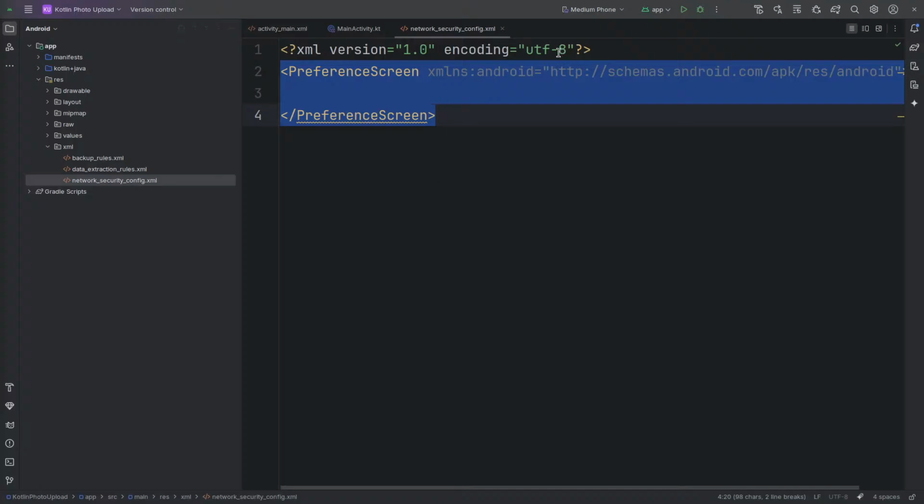So as you can see here, what I did was I created this network security config, and then the base config, the trust anchors, so the system and user, and then the domain config. There's the domain includes subdomains. Now, because this is a local network, I'm going to use